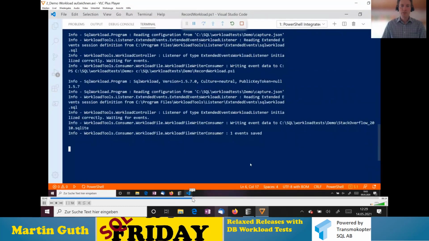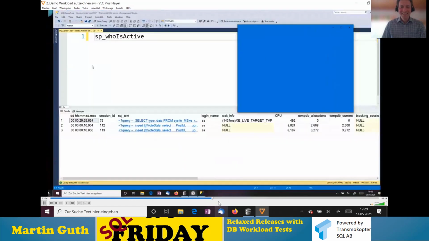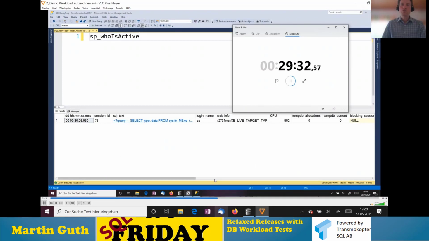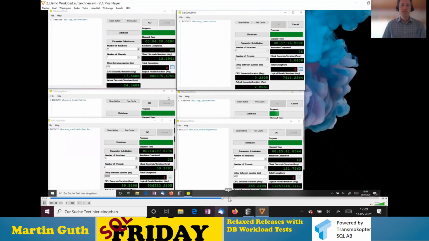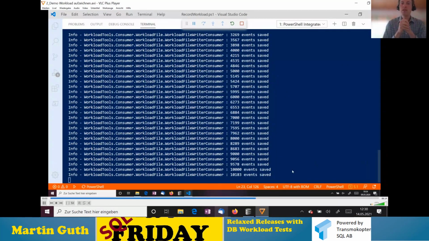And then we are jumping a little bit forward in time because that would now be rather boring to watch for 30 minutes and my time would be up. So yeah, we're now at minute 29. And if I now would like to be done with this, I simply go back to the PowerShell window here. So I really like PowerShell, guys, but this works with CMD as well. You don't have to go into PowerShell, and we hit Control-C or just hit the stop button here, and then we've got the